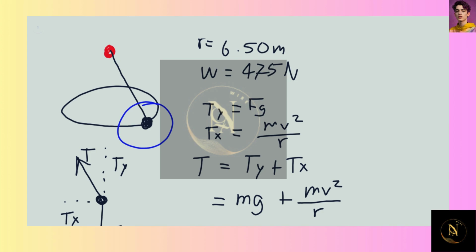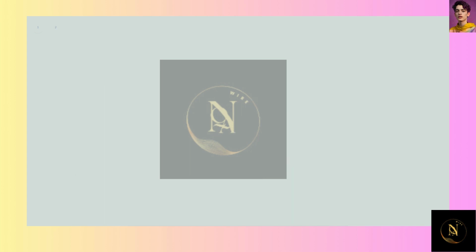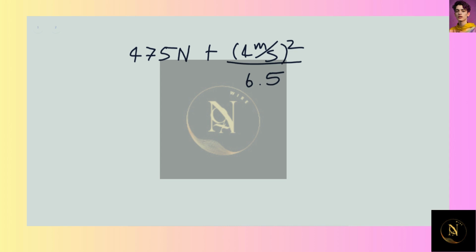Now, all we have left to do is to plug in. So we know the weight of a person, equal to mg, is 475 newtons, plus, now plugging in for our centripetal force, that's 4 meters per second, our velocity, squared, over 6.5